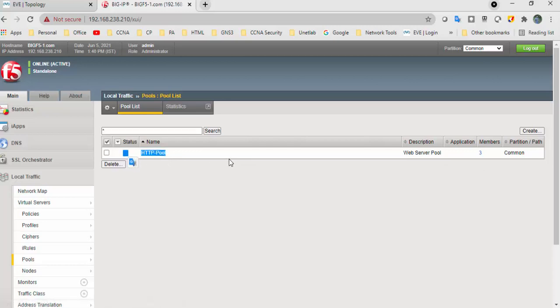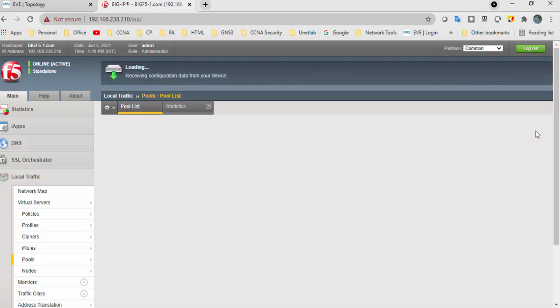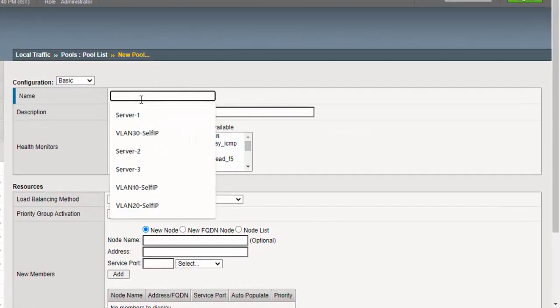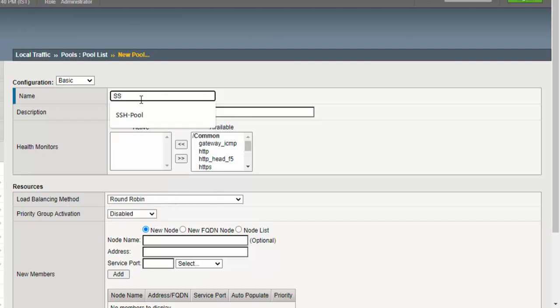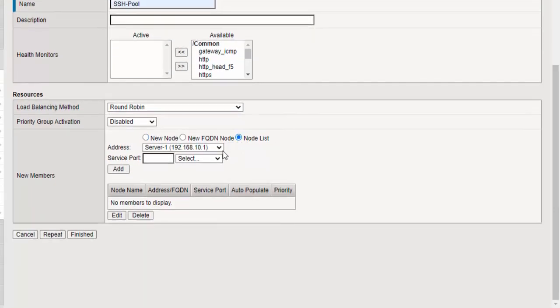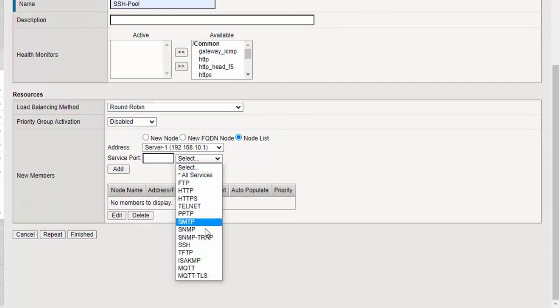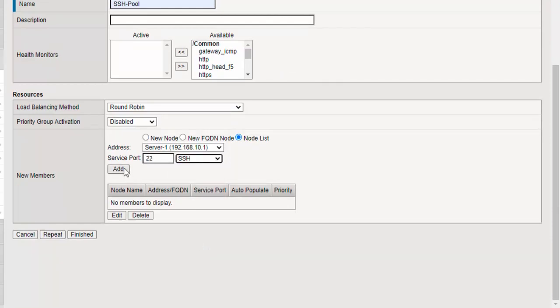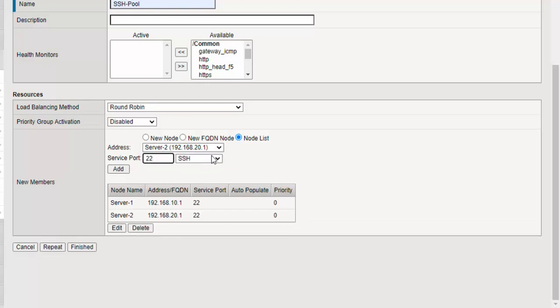We need an SSH pool for SSH traffic. So we can give SSH pool, and all the 3 nodes with SSH port. SSH is 22. Click on add. Select 20.1 and add that SSH service, and 30.1.